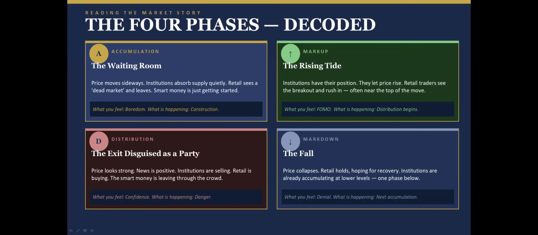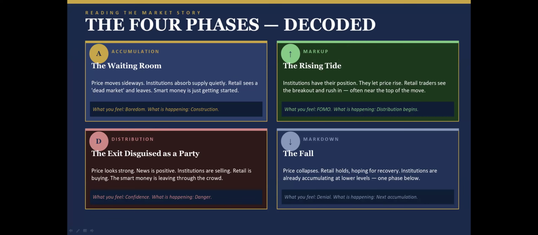So the exit will always be visible on the chart. And for this, I always show one example of Adani charts where there was the Hindenburg report, but before that report, the stock had turned red. It had closed below the bearish bias band, below the bullish bias band. It had already signaled exit from long positions. It had already signaled that markets are sell on rise, before the Hindenburg report came. So we have to understand the markets, we have to read the market properly, see whether it is distribution happening or it is still accumulation and markup phase. So these two phases are good for investment, good for momentum trading.